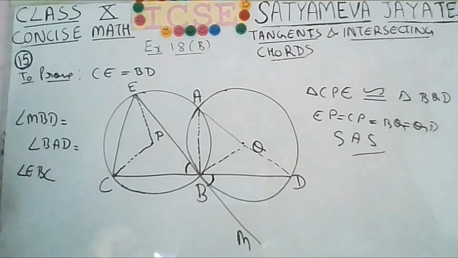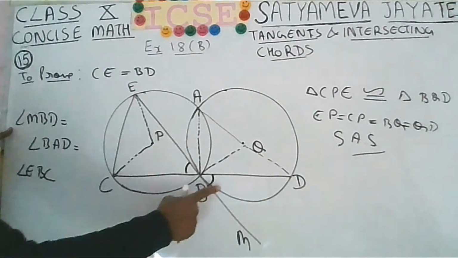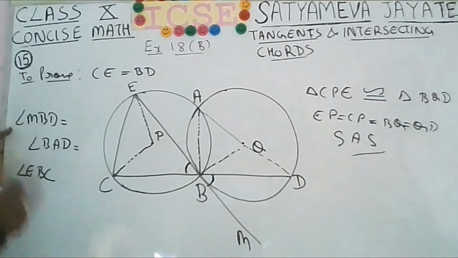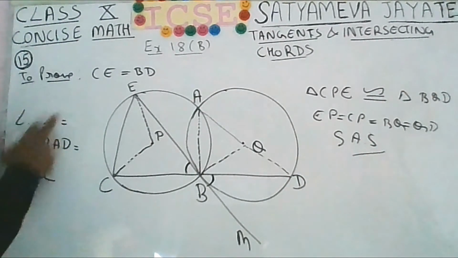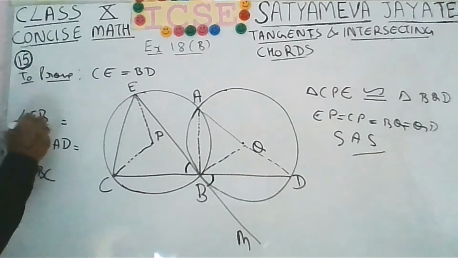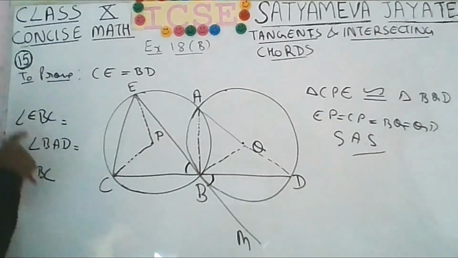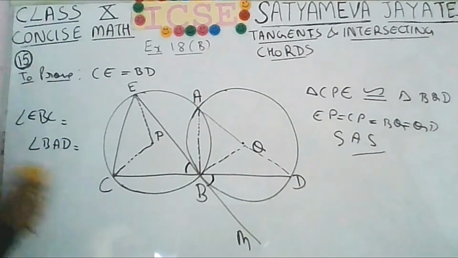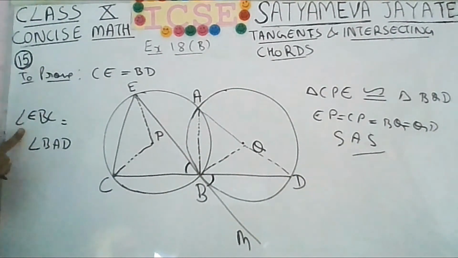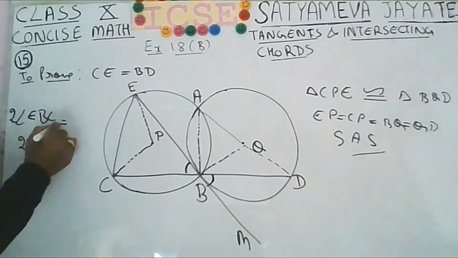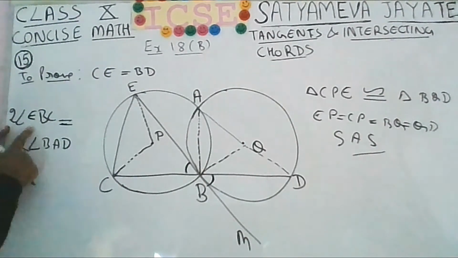Okay, you are getting the point. MBD is this angle, its vertically opposite angle will be EBC. So here only you can write angle EBC. I hope you can understand that vertically opposite angles are always equal. So I have written here EBC, and here I am rubbing it. So if angle EBC is equal to angle BAD, then if you multiply both sides by the constant 2, it does not make any difference. So 2 times angle EBC.